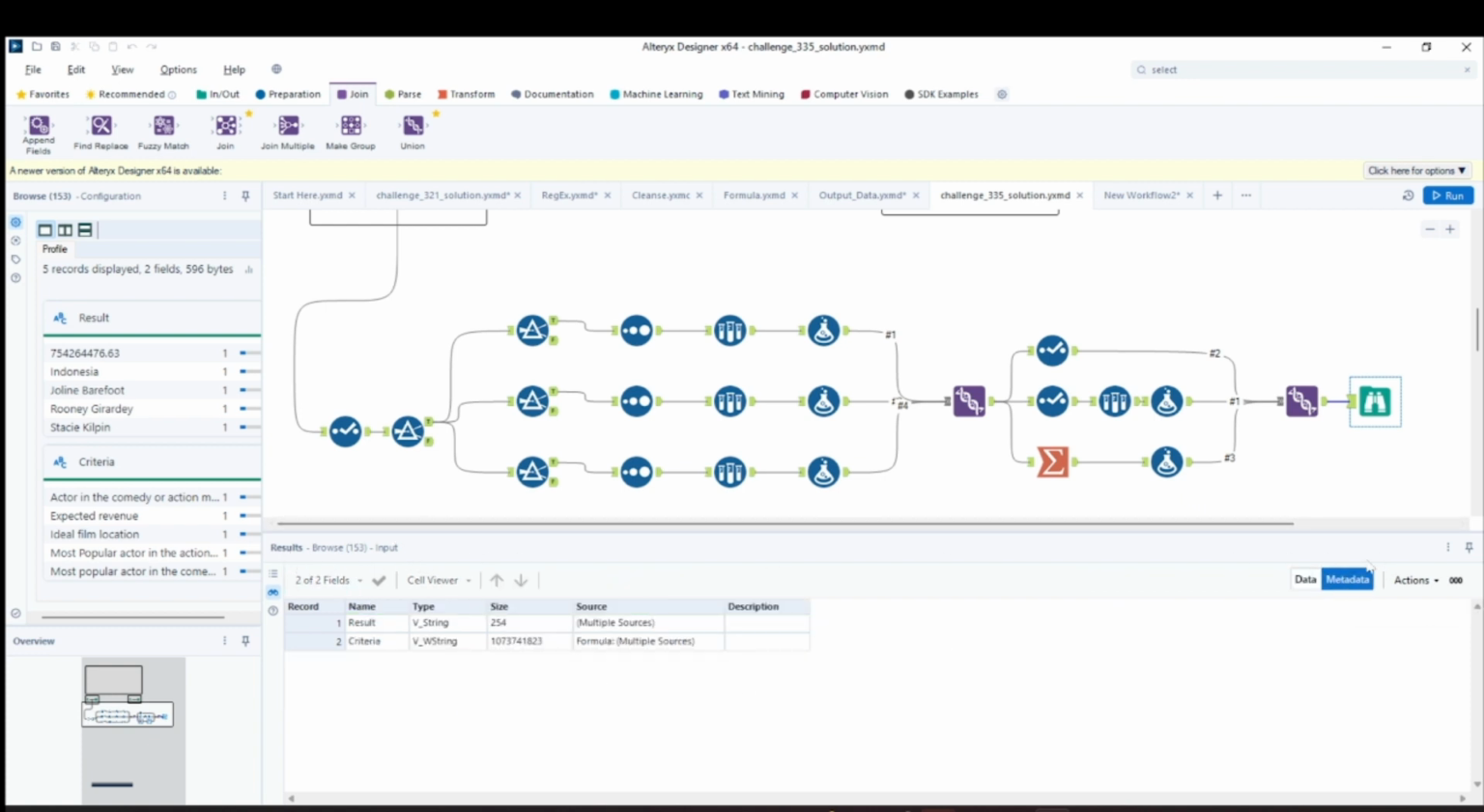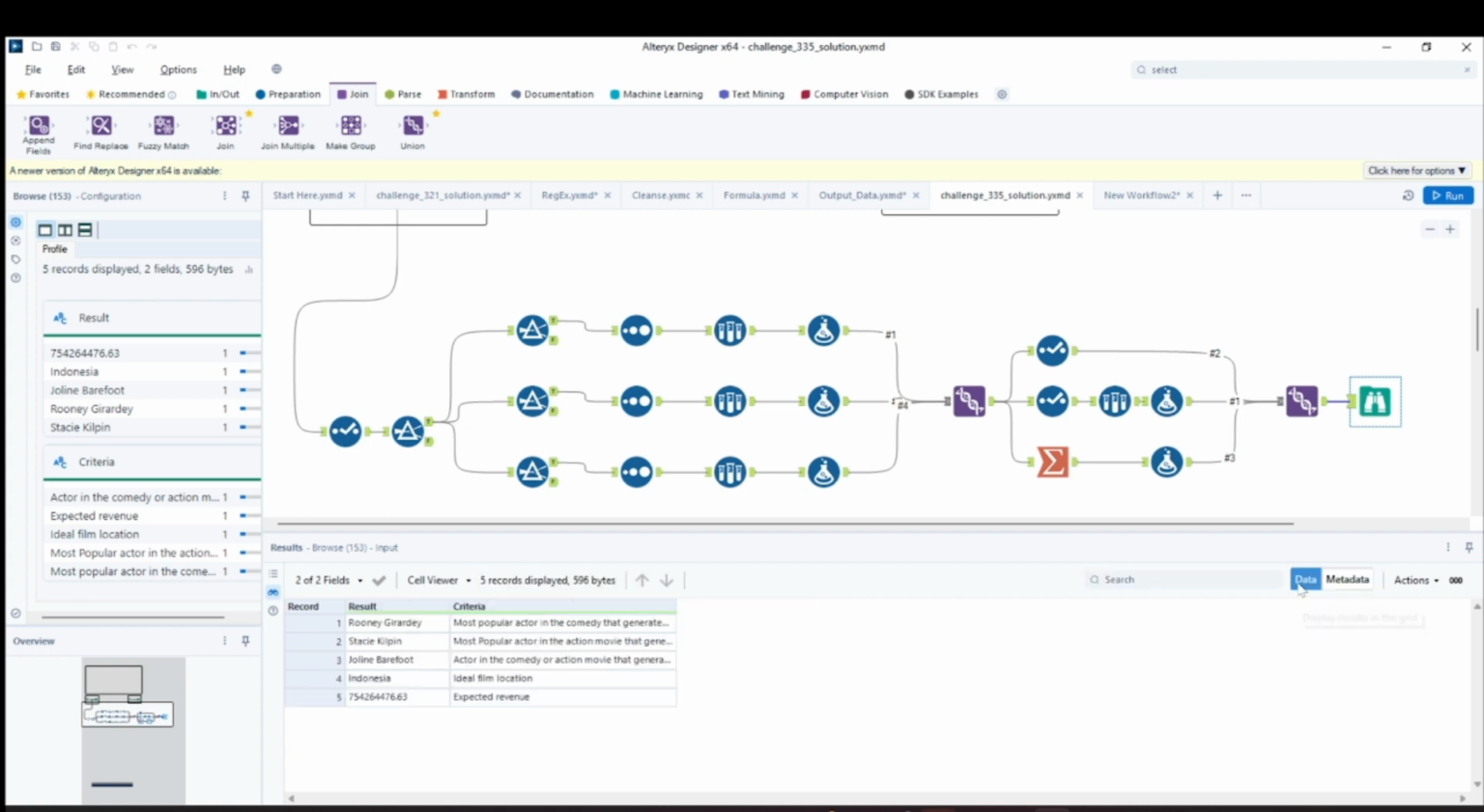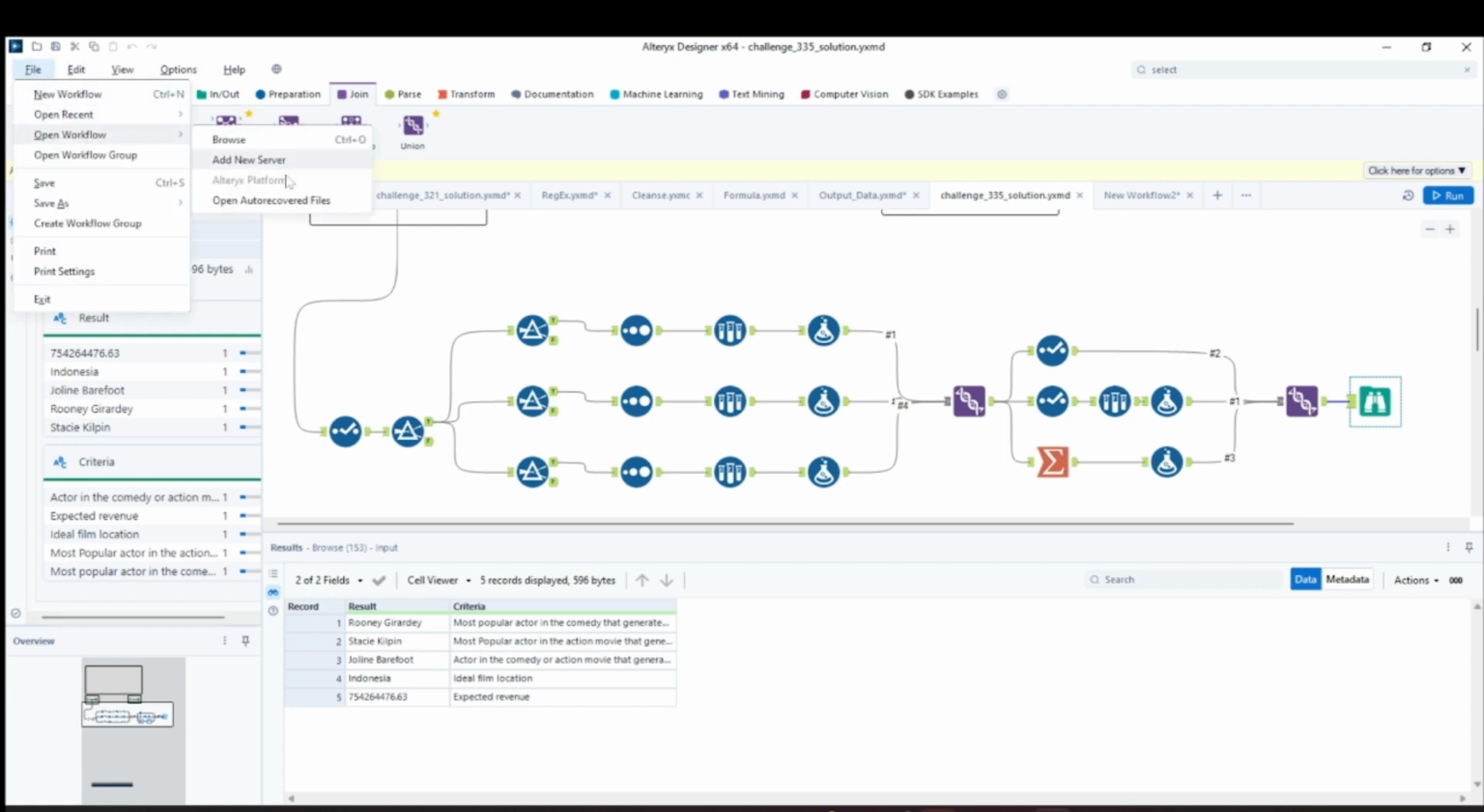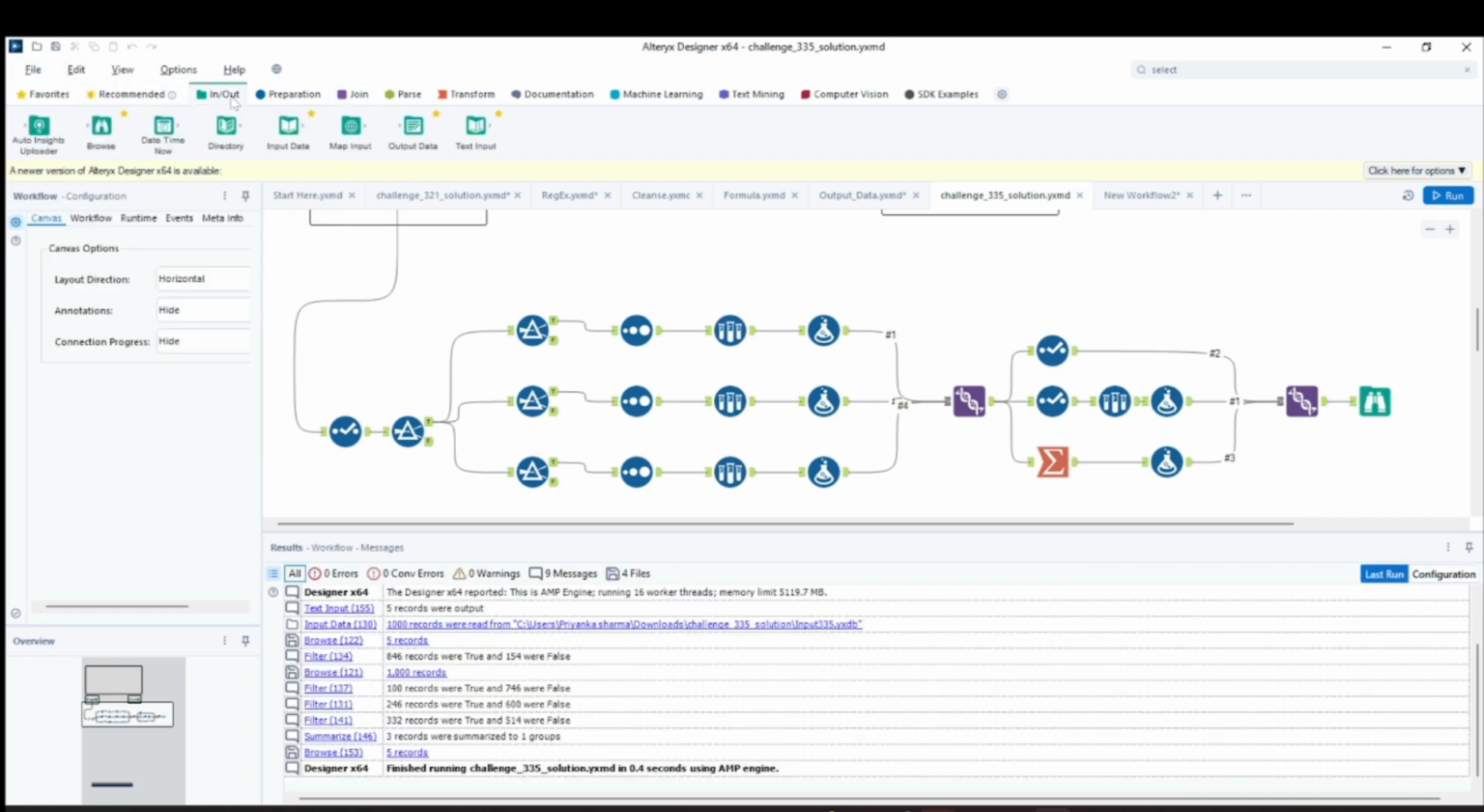You can see the metadata, the data of data, the size, source, description, and so on. And this is a basic overview of Alteryx. Okay, you get the file, you can add a new workflow, you can open a workflow, or these tools are really important, like in-out preparation, join, parse, transform. And this also extends to machine learning, text mining, computer vision also, wherein you can process your data, clean it,